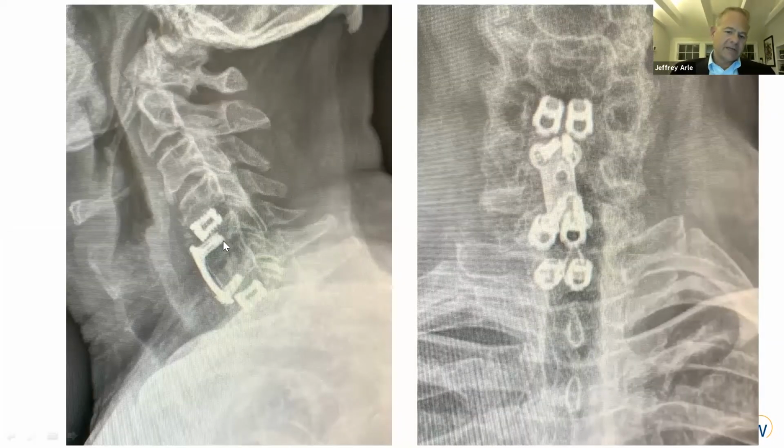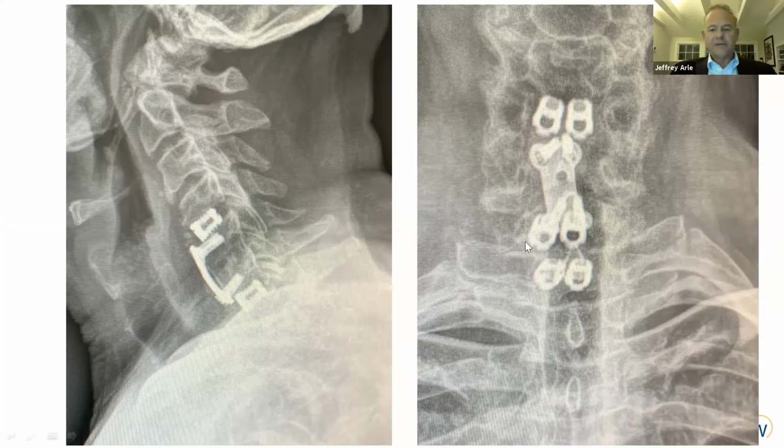And what was nice about this system is I was able to go in and place this device here. This is a lateral view. So this is two devices next to each other, but they're so well aligned. Here, the disc space, you see how well open that is, the alignment here without dismantling the prior fusion. So none of this has to be taken apart. And I could get in below that as well down here with a separate device